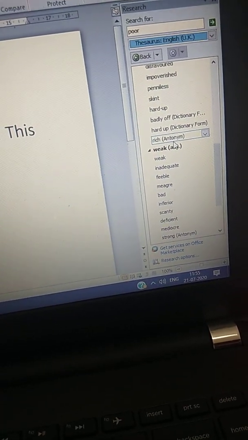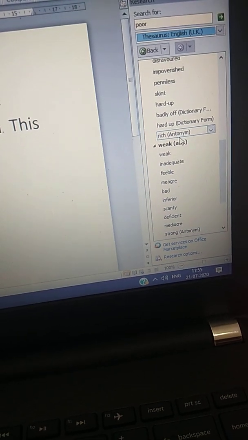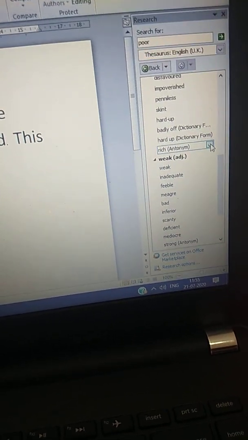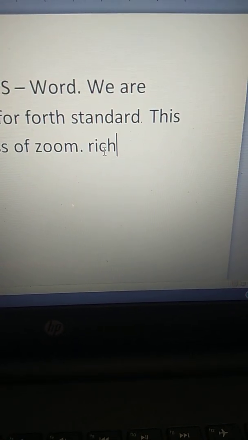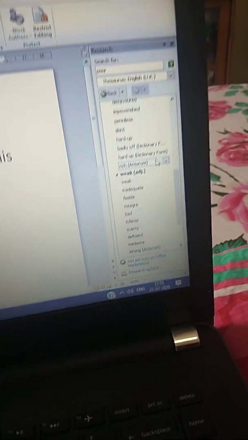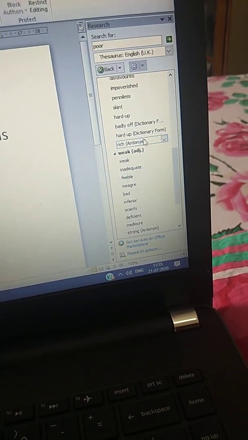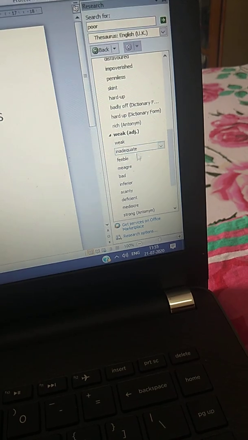An antonym is the opposite of the word poor. If you want to use it, click on the drop down arrow, then insert rich. So poor will be replaced by rich. Here you can see the list of words which have antonyms. The antonym will be only one. Synonyms will be the various similar meanings related to it.